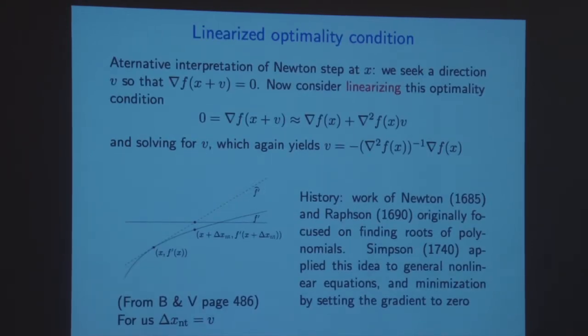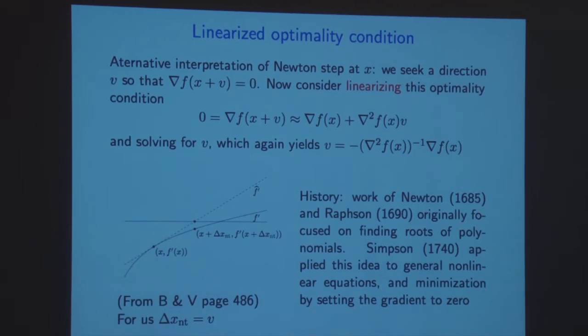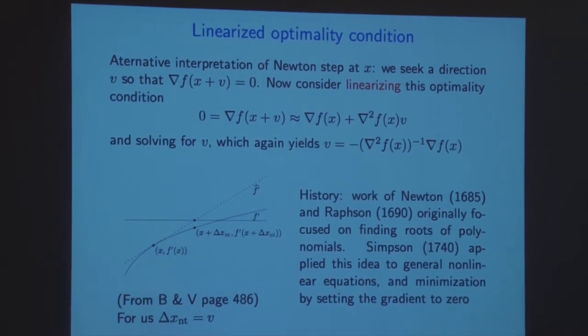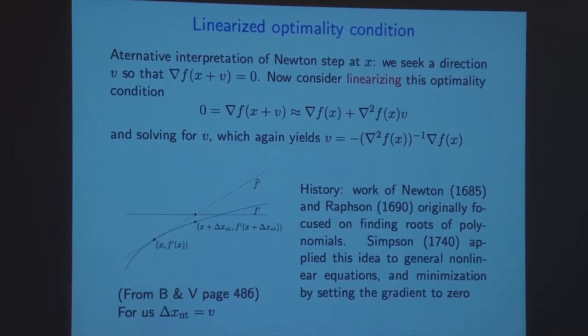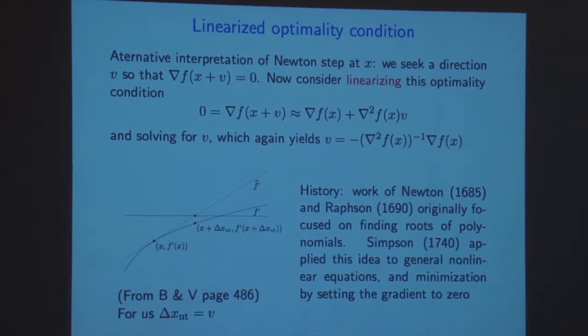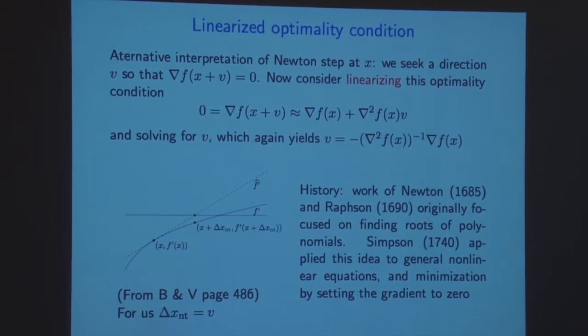So what's another way of interpreting the Newton method? We saw that it minimizes a quadratic expansion that uses the Hessian at every step. That's one way of interpreting it. Another way is to, in a sense, linearize the first-order optimality condition, and to think of Newton's method as solving